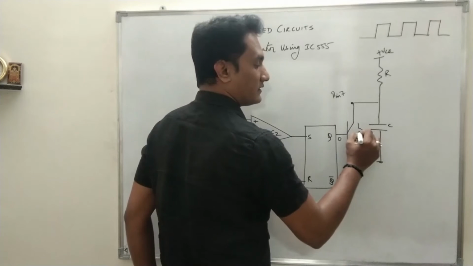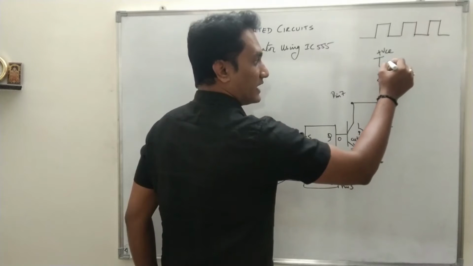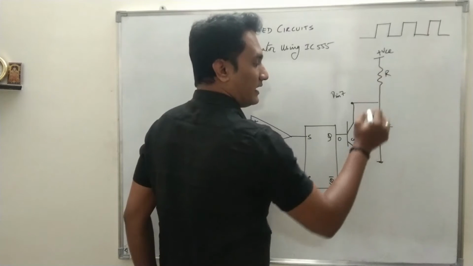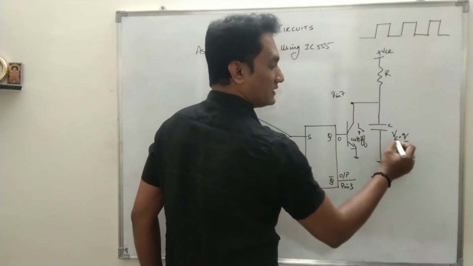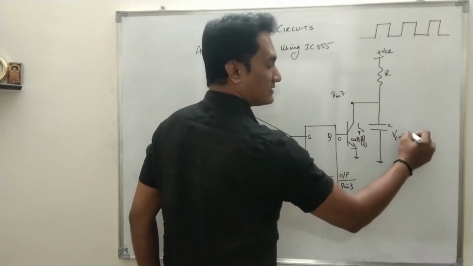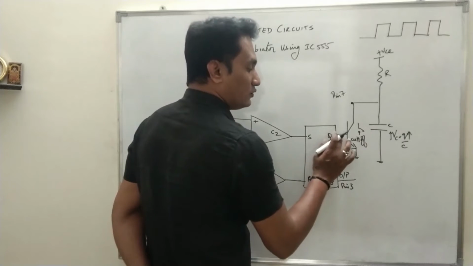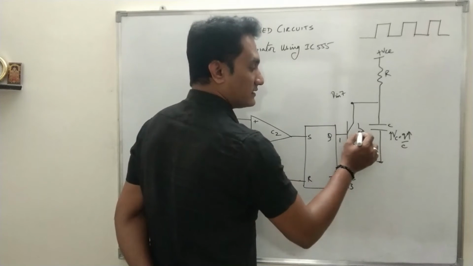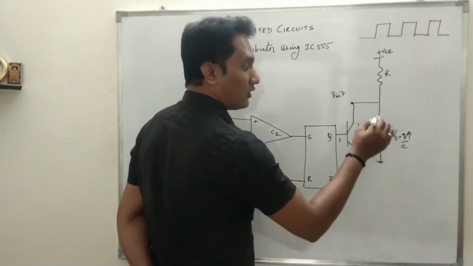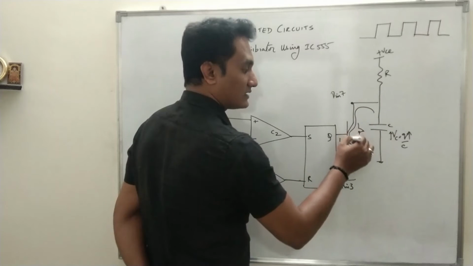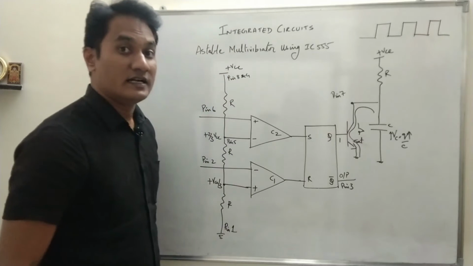Okay, so what happens is, when Q is 0, the transistor is cut off. When the transistor is cut off, it acts as an open switch. When the transistor is open, the capacitor charges through resistance R. When the capacitor charges through resistance R, the voltage across the capacitor is given by Vc equals Q by C. That means as the charge increases, the voltage across the capacitor increases. As soon as Q becomes 1, the transistor will go into saturation region. When the transistor goes into saturation, all the charge in the capacitor will discharge through this transistor to ground. That is why pin number 7 is called the discharge pin.